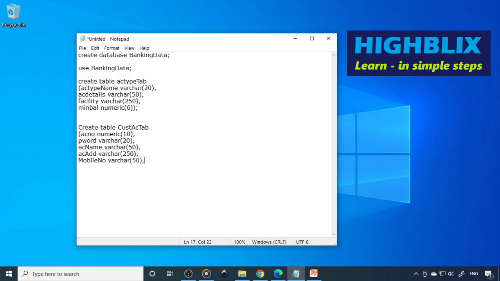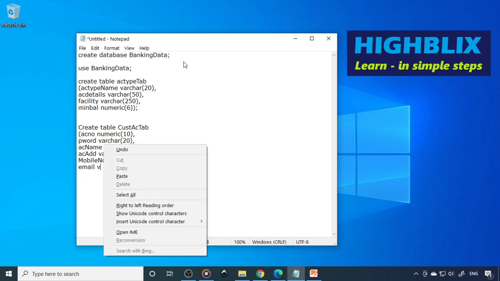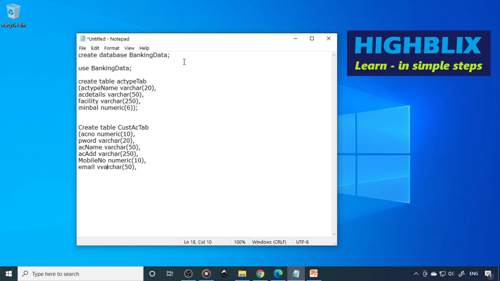You can take varchar of 10 or you can take numeric. Because we are already using the numeric over there, varchar. And email ID, so this is varchar. The extra V we can remove. It will take only these many characters, so these many fields actually. There are totally 6 fields in this.